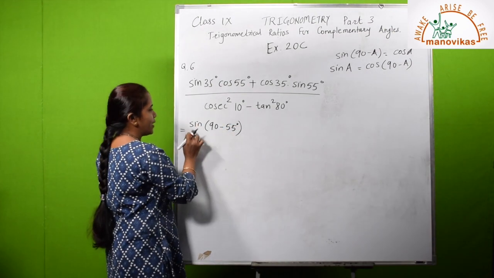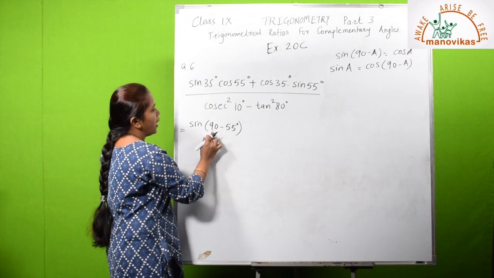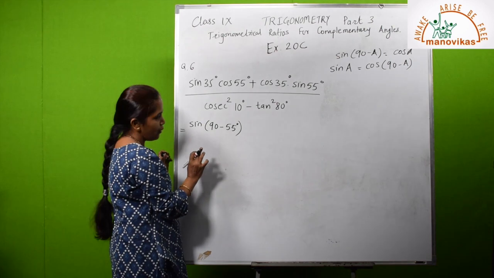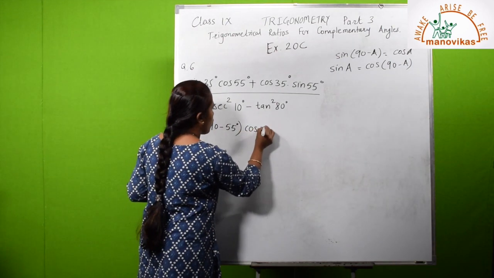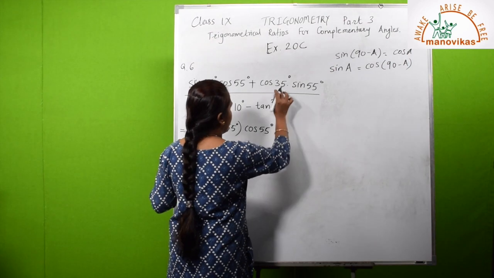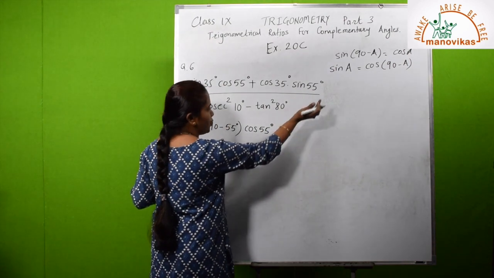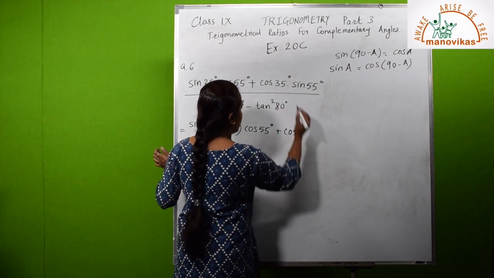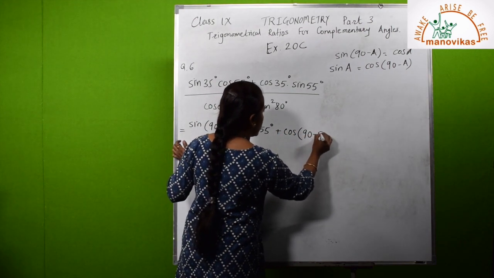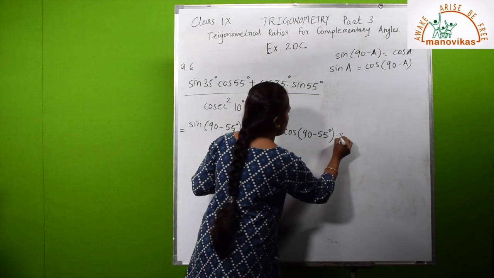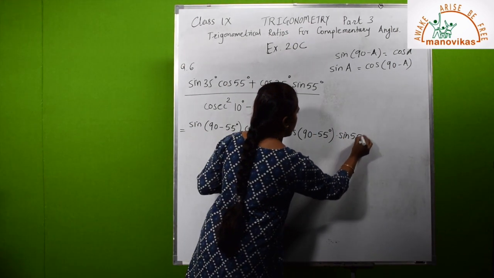I kept the sine ratio as it is, 35 I have written in complementary angle form, that is 90 minus 55. Next, cos 55 degree as it is. In the same way, in the second term, 35 and 55 are complementary, again cos as it is, 35 I can write as 90 minus 55 degree, into sine 55 degree as it is,